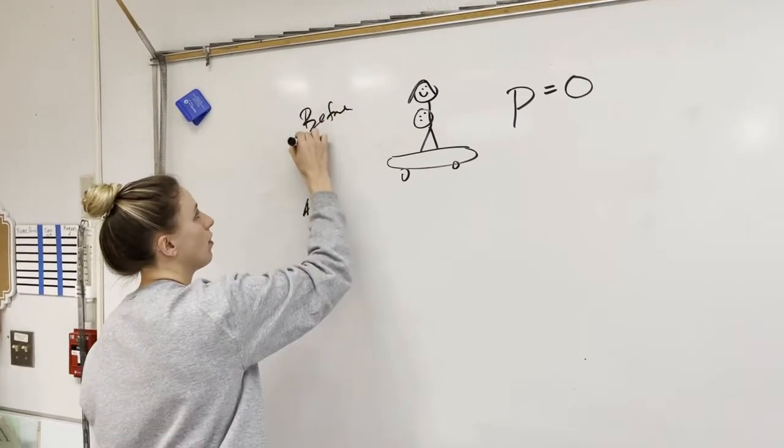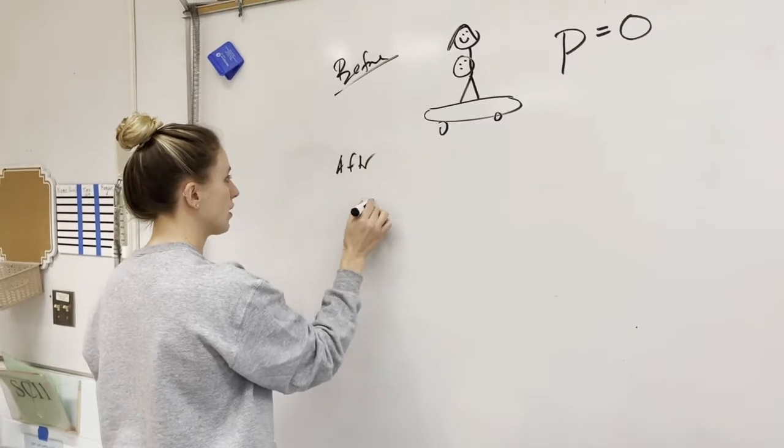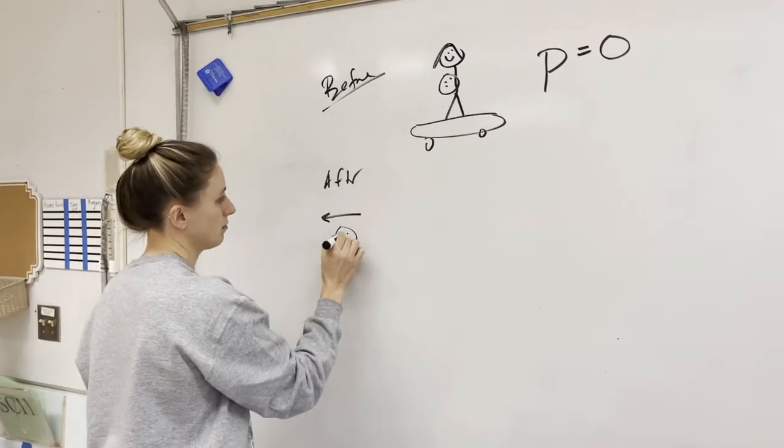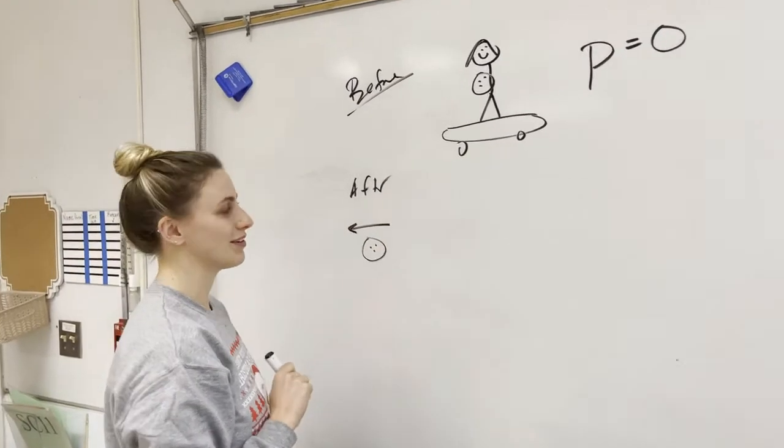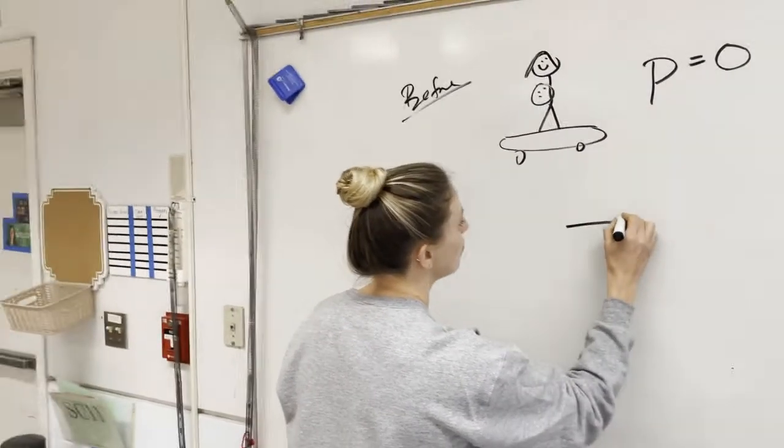Okay. Now let's talk about after. So what happens after? The ball is going this way with a certain velocity. Those are the holes of the bowling ball, in case you're wondering. I can see that. The artist in me, okay? And Miss Moore